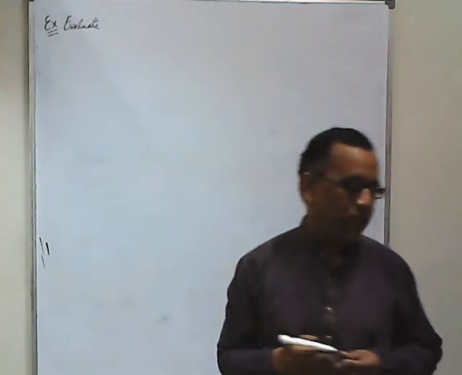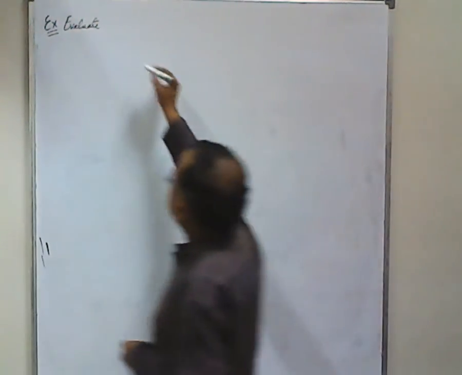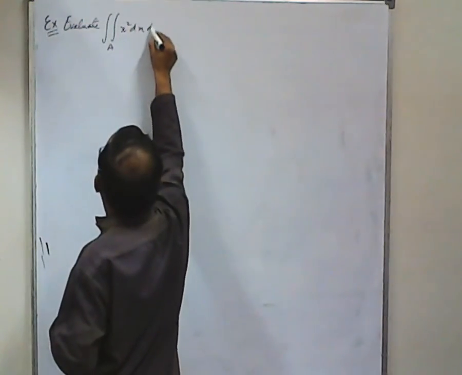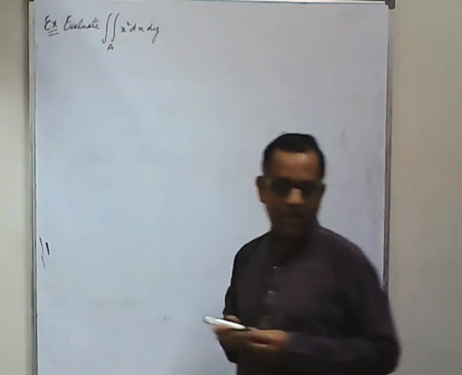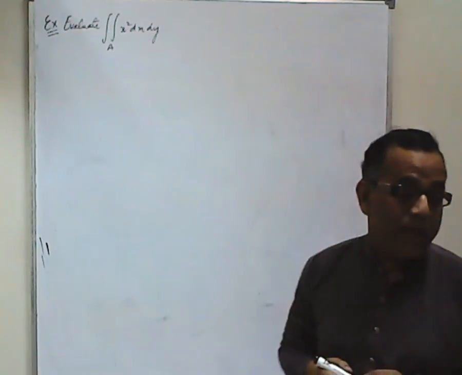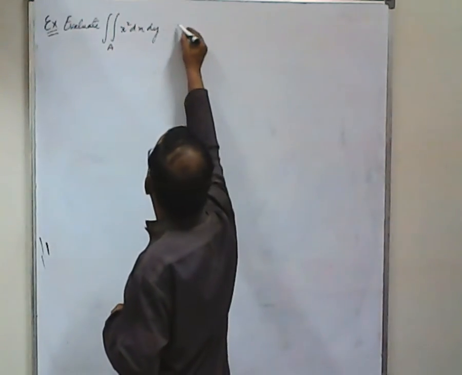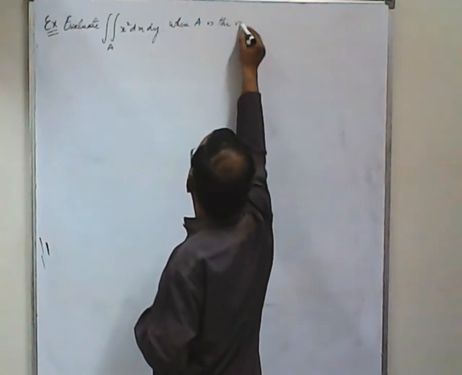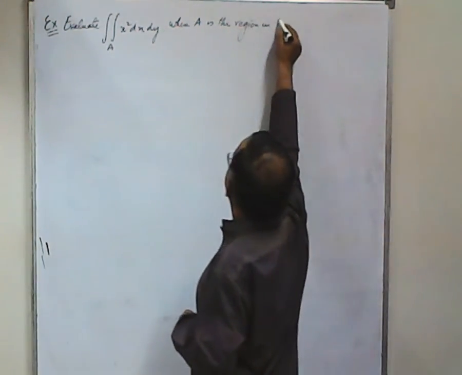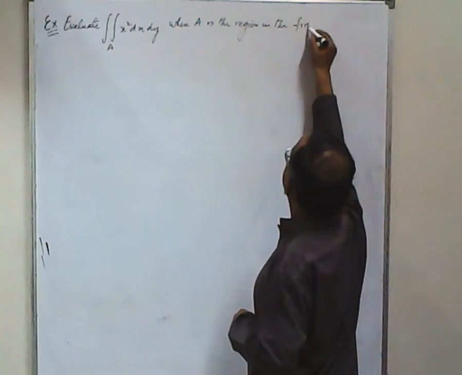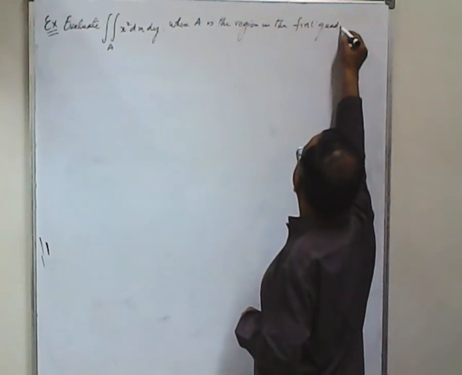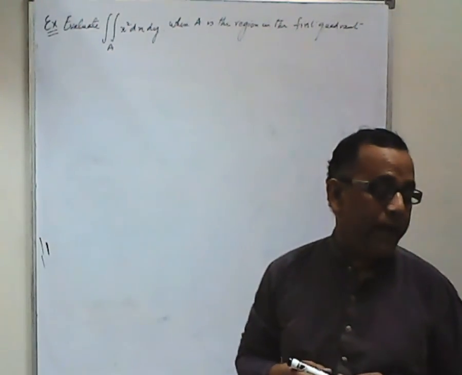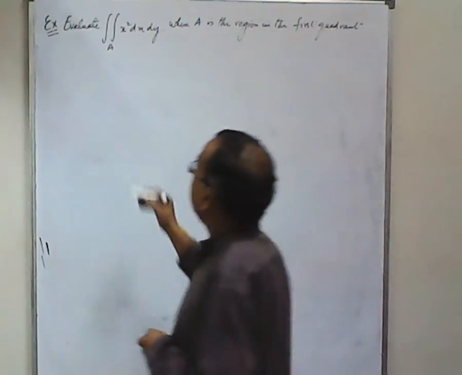This time we need to evaluate the double integral over area A of x square dx dy. This is the integral that we need to integrate, where A is the region in the first quadrant bounded by